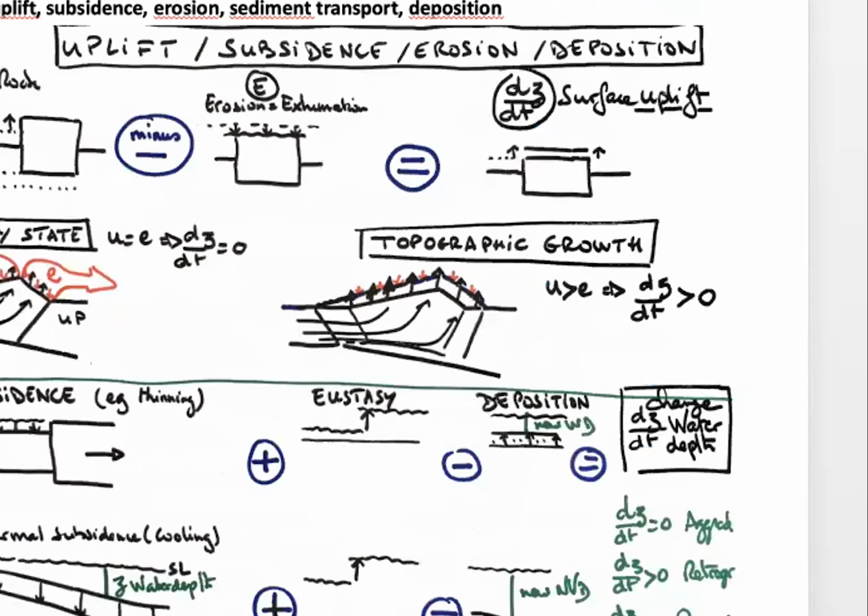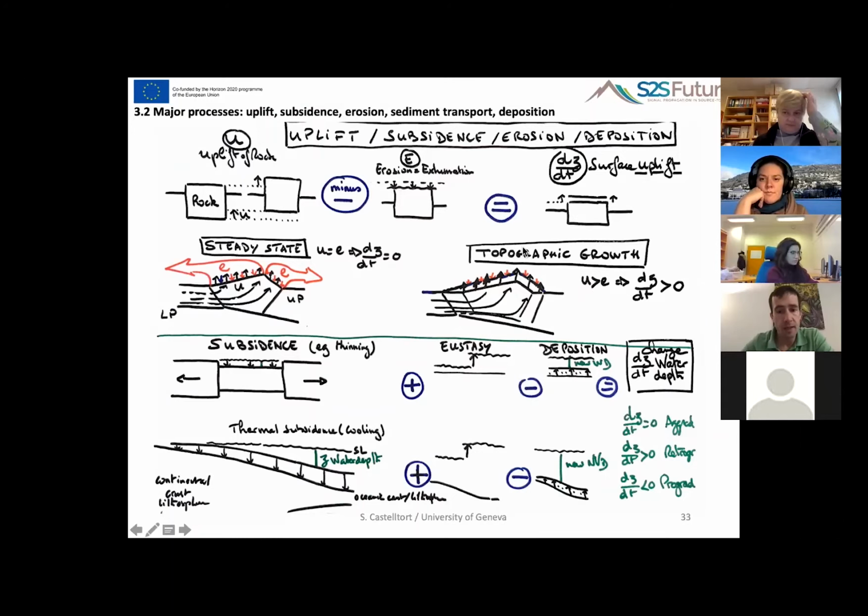Okay, this slide is divided in two by this green line. The upper part is more uplift and erosion, and the lower part is more subsidence and deposition. So I think a lot of the source to sink approach, as I explained yesterday in the history,